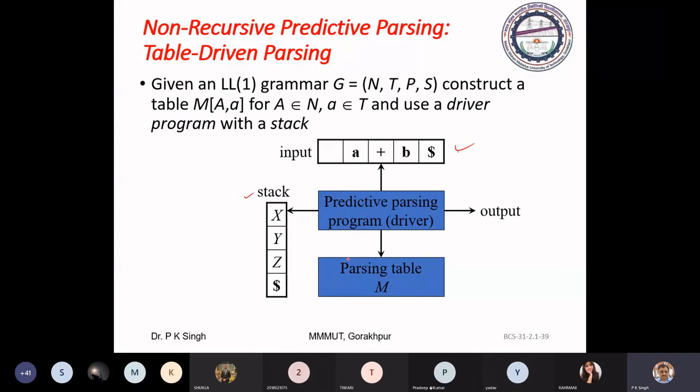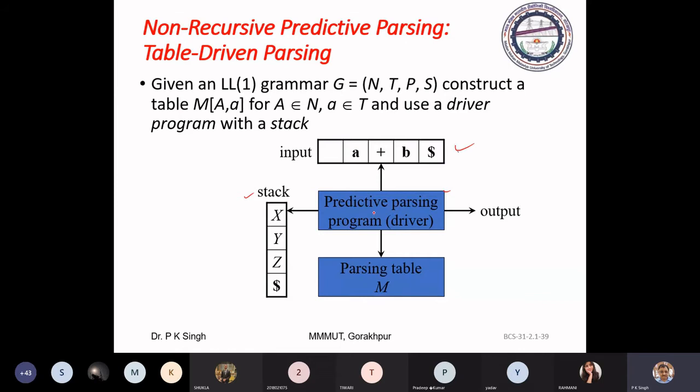applicable for all types of parsing. The difference is, suppose you are using one language or another language, this predictive parsing program is the same for the top-down parser, but there is a change in the parsing table.